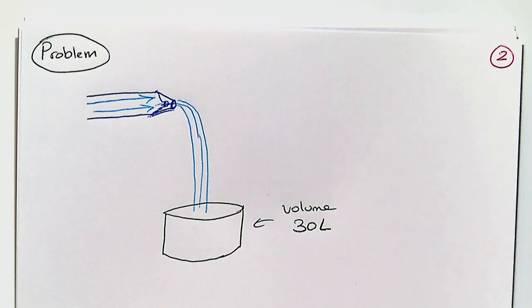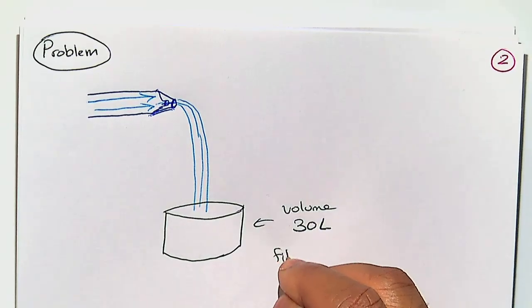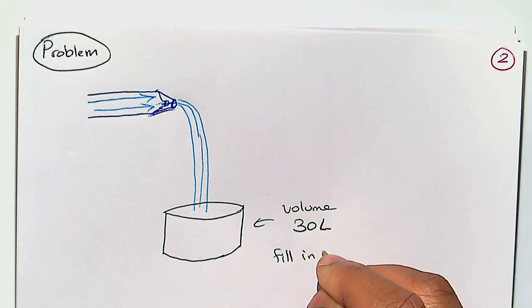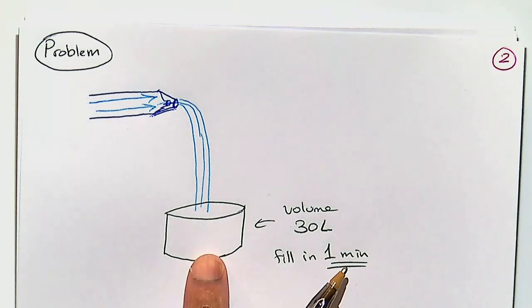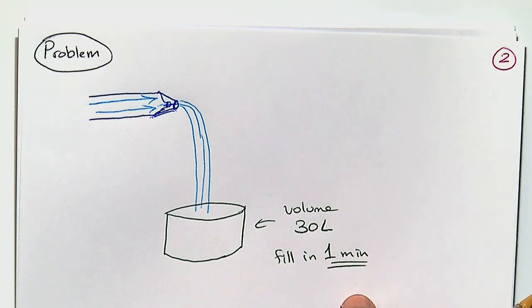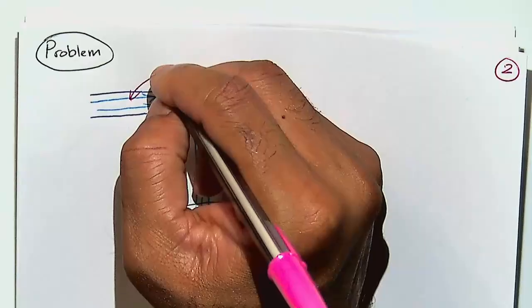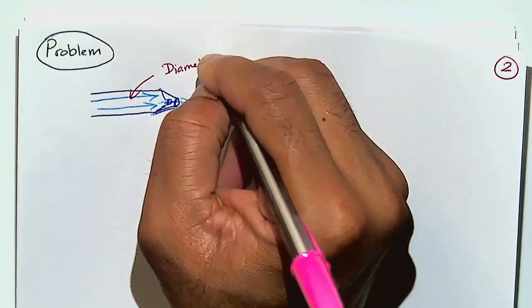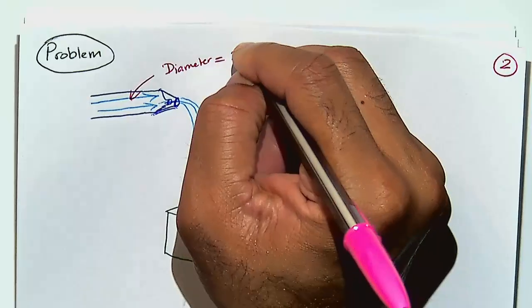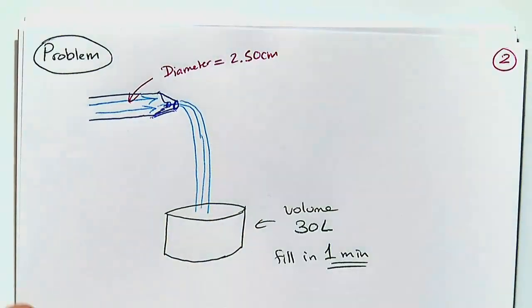You time this and realize you can fill this bucket, 30 liters, in 1 minute. You have a certain diameter to this. The diameter at the beginning is 2.5 centimeters,